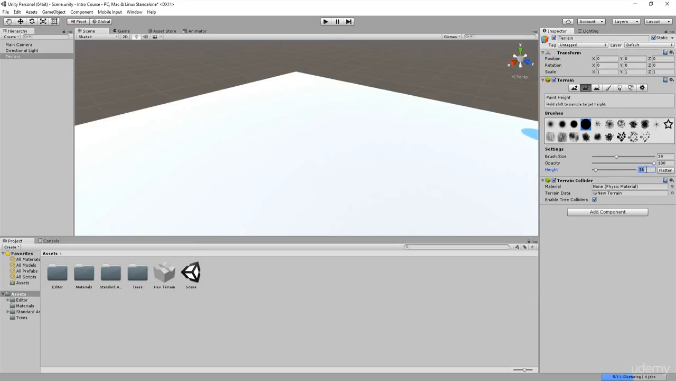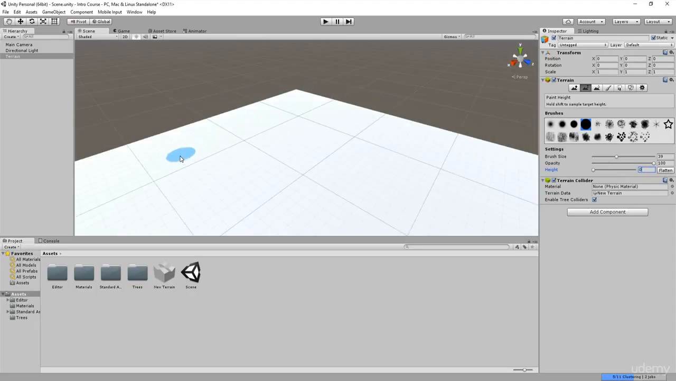If I put this to 0 and click flatten, it's going to flatten back out at the 0 unit mark, so it's just right on the grid. Now, I personally never flatten my terrain out at 0 because that means I won't be able to dig under the terrain at all. So if in my game I wanted to put a valley or a lake or something,